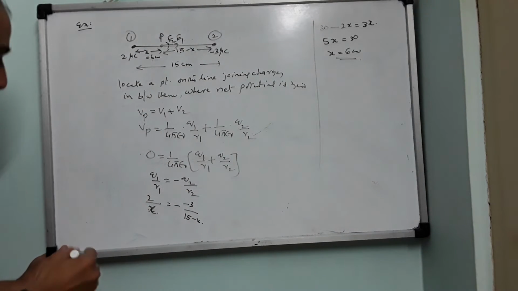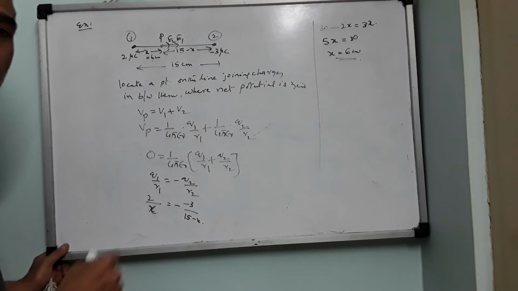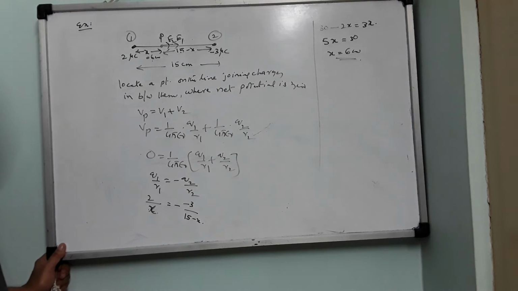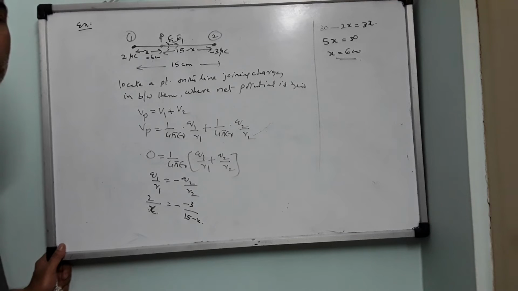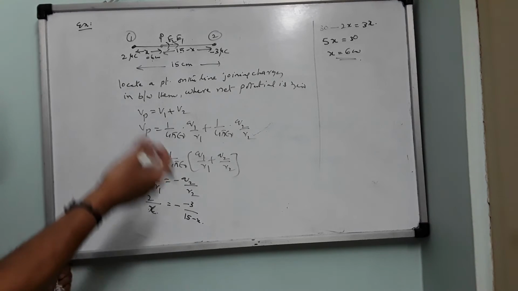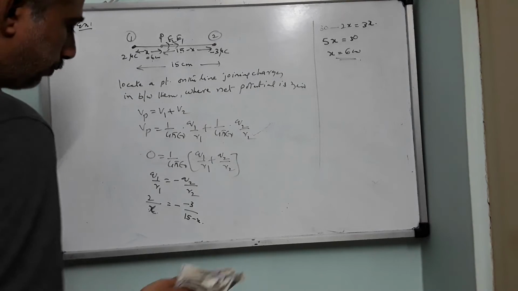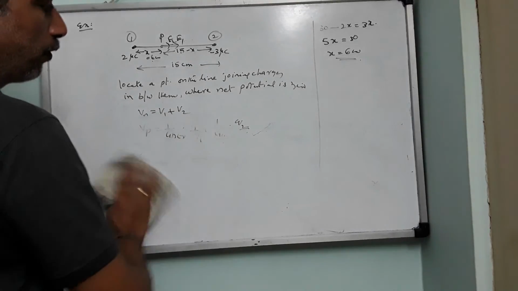Now you can see E1 and E2 both are pointing in the same direction. So they will add up. So there is no chance for cancellation of electric fields. So electric field is not necessarily 0. So I make the statement again. It is not necessary that at a point where potential is 0, the field is necessarily 0. It cannot be 0 also. So this is the best example. Is this clear? Right. So this is an application of the principle of superposition.